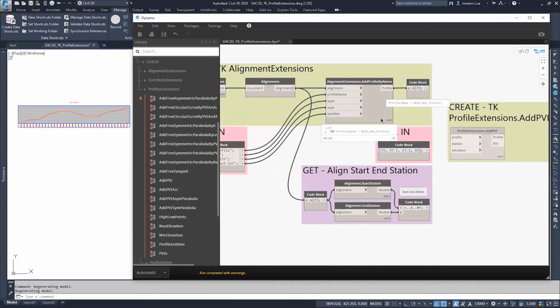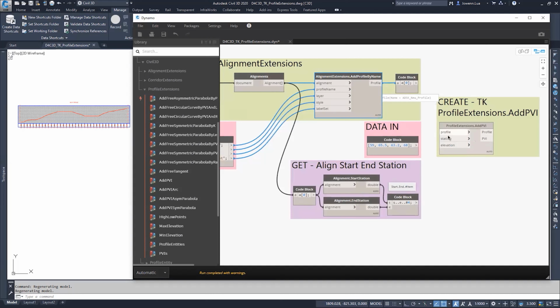So here, what I have is data in for a station and elevation. I need to insert an elevation and I need to insert a station. So the profile is that one and I need to insert those two. With the station and elevation, I decided to create a sequence of 4 items. I get the start station and the end station, and then I divide it equally into 4 stations. If I bring that one there, and I randomly place elevation values for the moment, 59, 65,